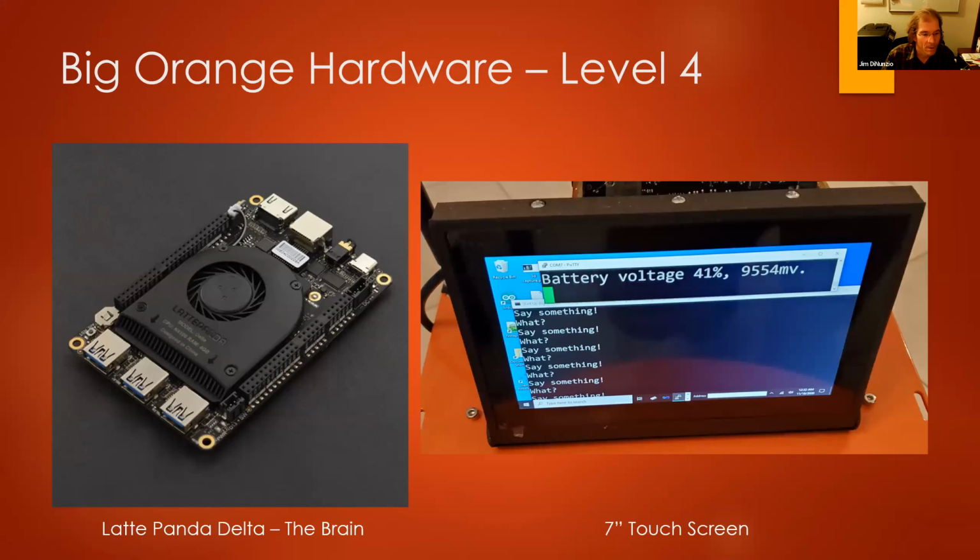So now level 4 is the LattePanda. This is the brain of the operation. It's a full Windows 10 computer. It's an SBC, single board computer. Celeron processor, 4 gigs of RAM, and quad core. It's not very powerful, but there's actually a new one out now that's even more powerful, the Delta. And there's an Alpha too, which I think is more powerful. But these are good single board computers, and it has an Arduino built into it, and I use that in mine as well. So it's a dual